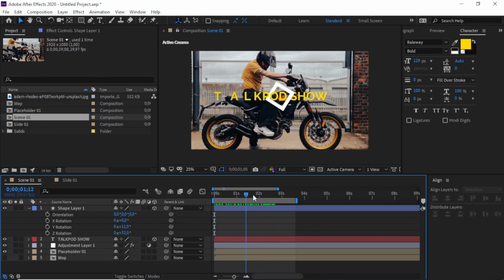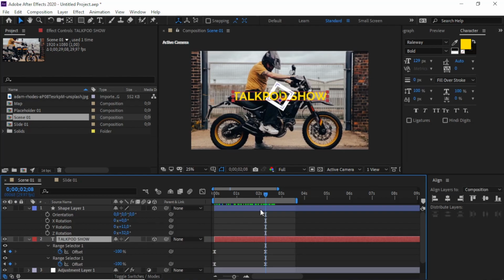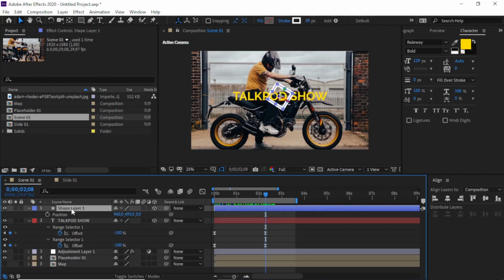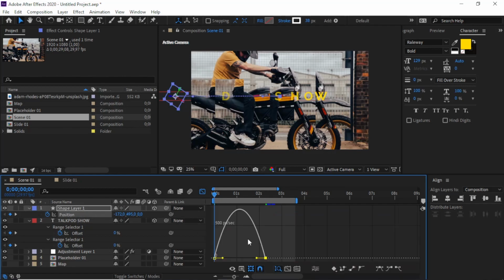So in this, I'll make the same position keyframe for the shape layer, keyframe on this position and bring back to 0. I'll move manually to the left like this, and then we create easy ease with F9 and open the graph editor like this.